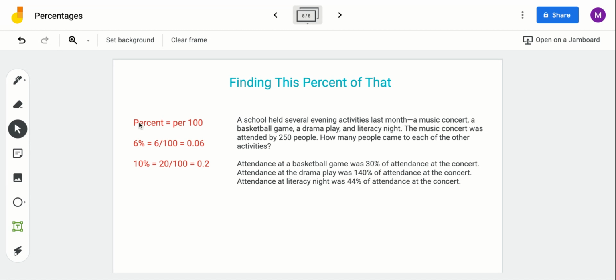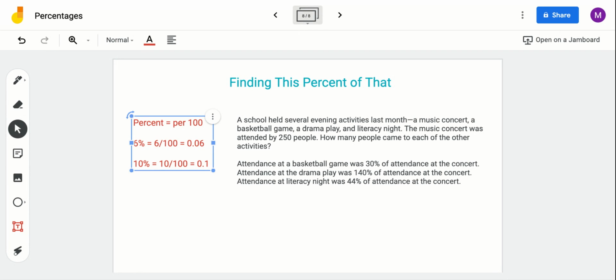And so percent is the amount per 100. It's a comparative ratio where it's per 100 instead of whatever the actual number is. Per 100, we can think of that 6% being 6 of 100. So that is a fraction, 6/100ths, which can also be a decimal, 0.06. 10% would be the same, 10 of 100, which would be the same